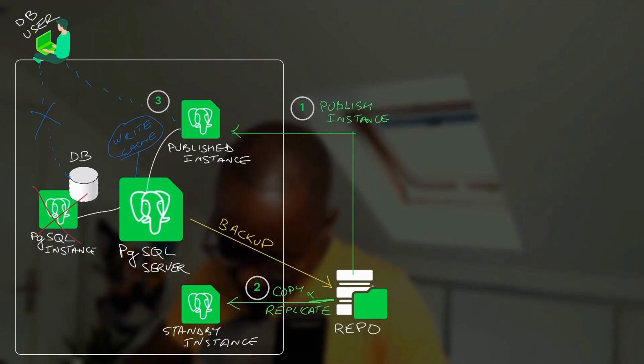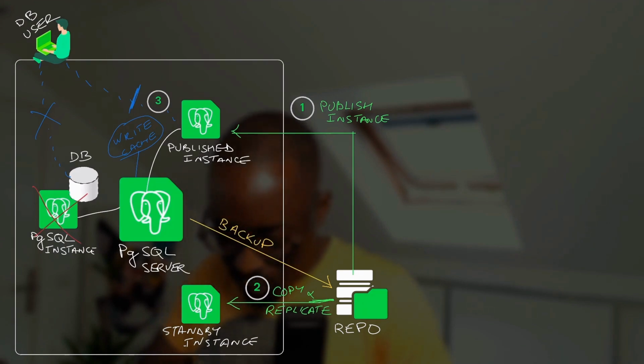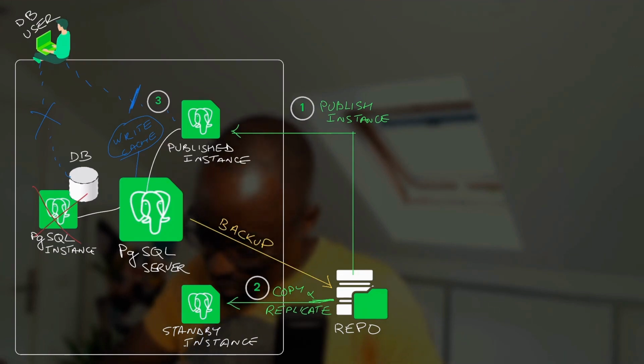What will happen is that the published instance will be switched to read-only mode, currently in the system for maintenance purposes. In read-only mode, so that we can be certain and have the guarantee that no modifications to the instance will definitely be made from that moment on. And once the published instance is in read-only mode, which means no further changes can be made to it, we